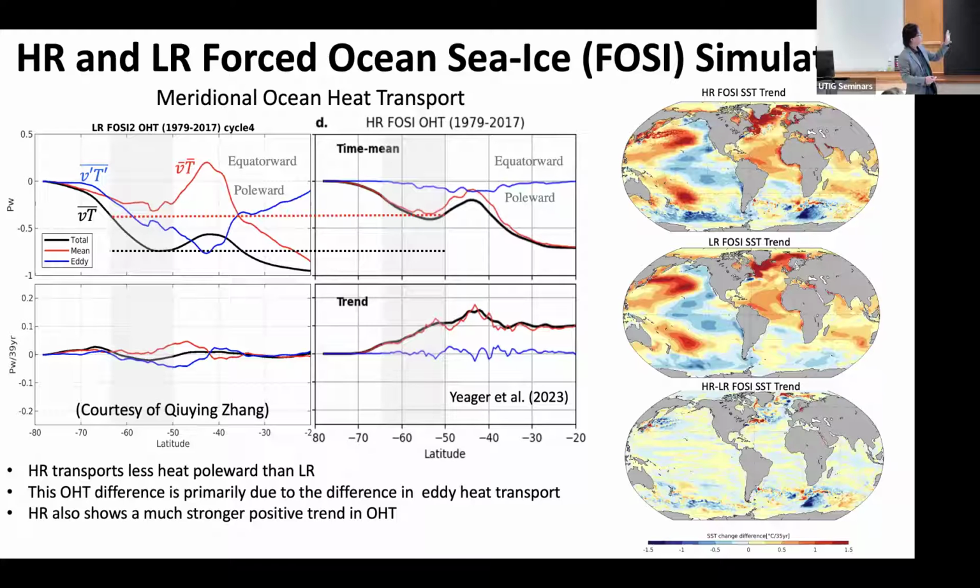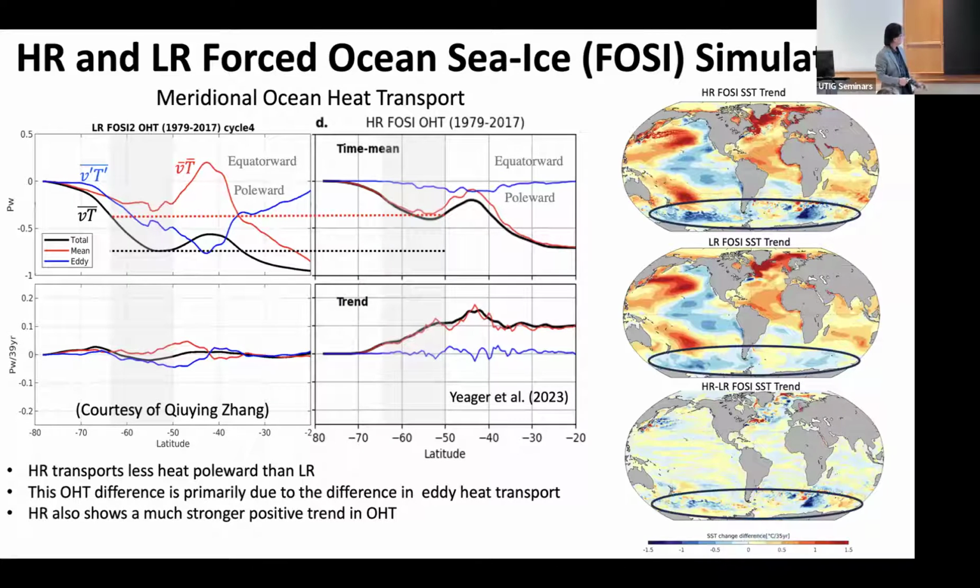So we're using a bulk formulation. To some extent, the sea surface temperature is restored to the surface air temperature. So you expect the low resolution model and high resolution model should be capturing a very similar sea surface temperature. But nevertheless, if you take the difference between the high resolution and low resolution model, you actually see that the high resolution model gets more cooling in the Southern Ocean, right?